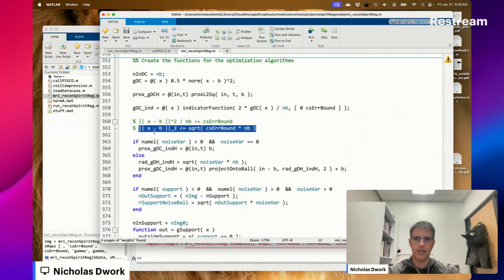So the indicator of that is a projection onto the ball of this radius. This is going to be an infeasible problem, almost certainly.